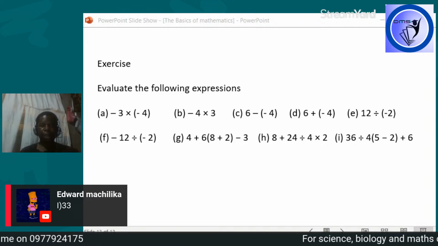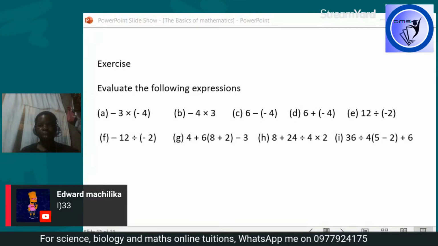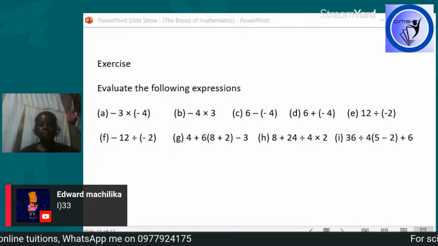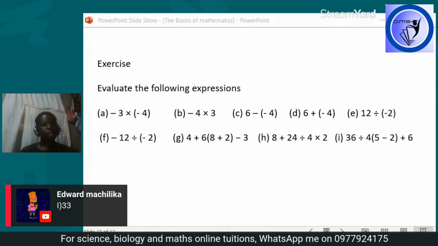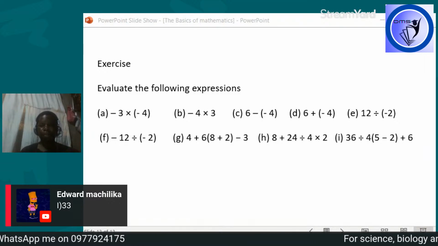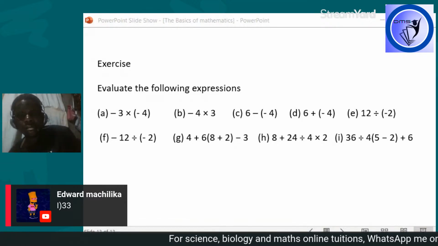Let's see. We have 5 minus 2, which is 3. Then 3 times 4 is 12. Then 36 divided by 12 will be 3, plus 6, which will be 9. Edward, I'm getting 10, because what I'm doing here is 5 minus this 2, which will be, of course,